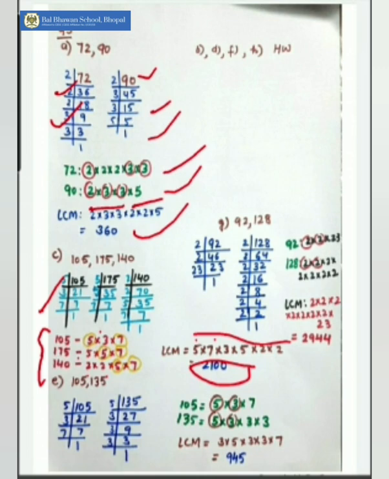Moving forward to the next question, similarly, I have found out the prime factorization, and after finding the prime factorization, I got the LCM as 945. Over here in the prime factorization method of finding the LCM, you have to remember, children, that after doing the prime factorization, you will write down the common numbers once and the uncommon numbers also once. And then finally you are going to multiply them to get your LCM.